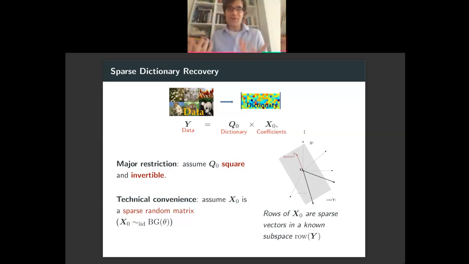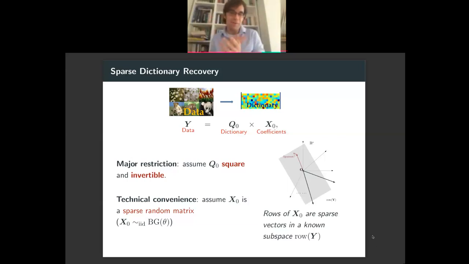So this is kind of some theoretical trickery, right? If I'm in this scenario, then I can reduce the problem, and this way I can think in terms of the rows or the columns. The reason that thinking in terms of the rows is powerful is that it gives you a kind of geometric perspective on the problem, where I can think about the problem as trying to find sparse rows in a linear subspace that I know ahead of time.